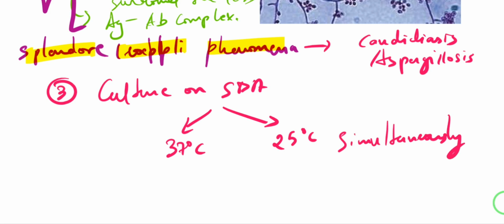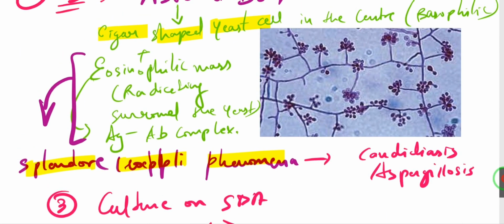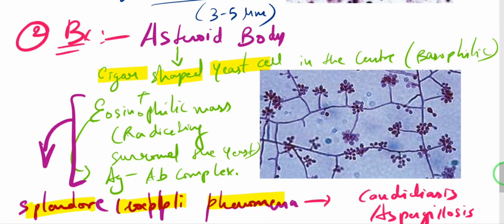Because it's a thermally dimorphic fungi, it is going to appear yeast-like, okay? There will be yeast-like morphology on the culture at 37 degrees Celsius, and filamentous fungi morphology at 25 degrees Celsius or room temperature. So this is the filamentous fungi morphology that we see in case of Sporotrichosis, and we can see these slender